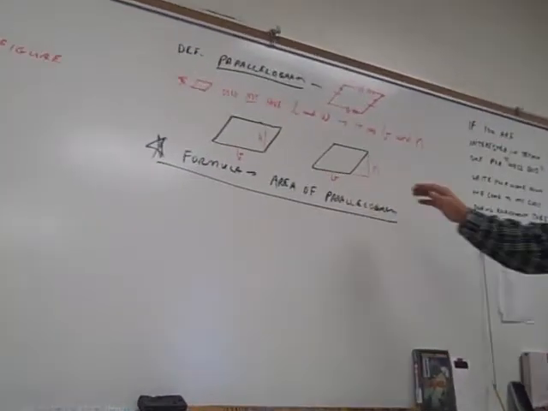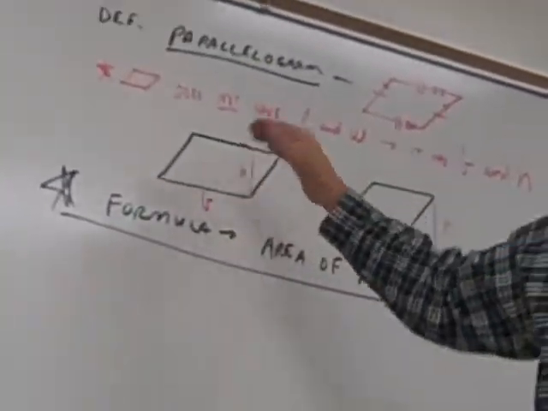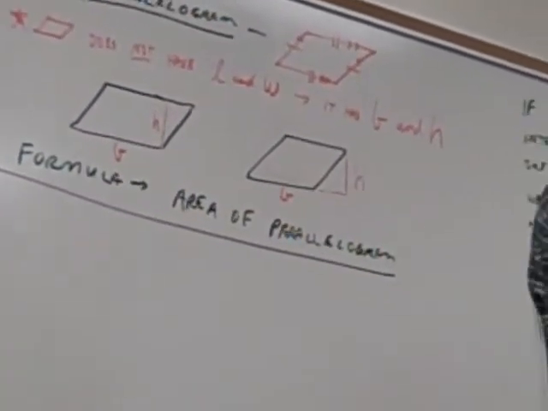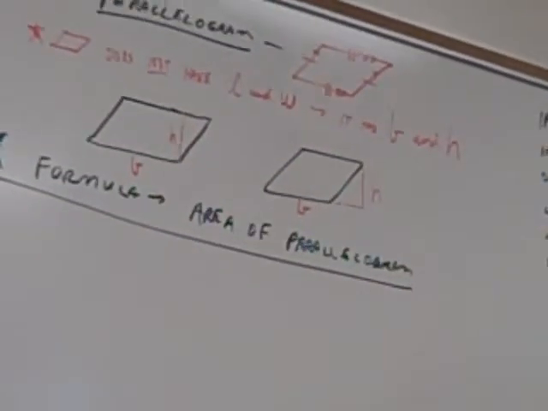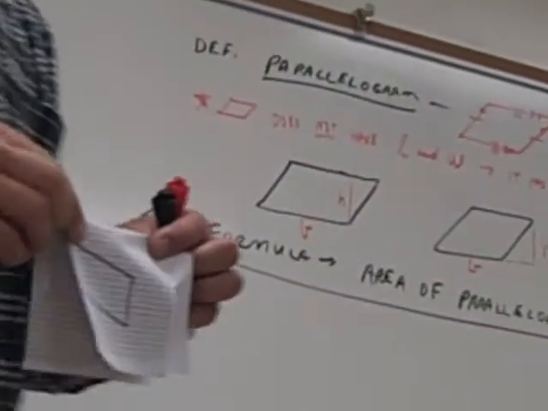So does everybody understand how we find the height on a parallelogram? It's not the slanty line. It's a straight up and down dotted line, Holden. Okay? Now, again, it really becomes difficult if we're told to find